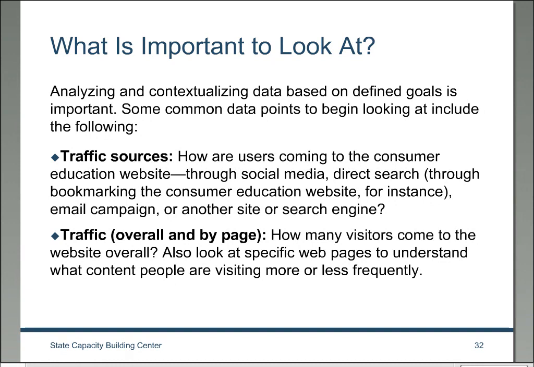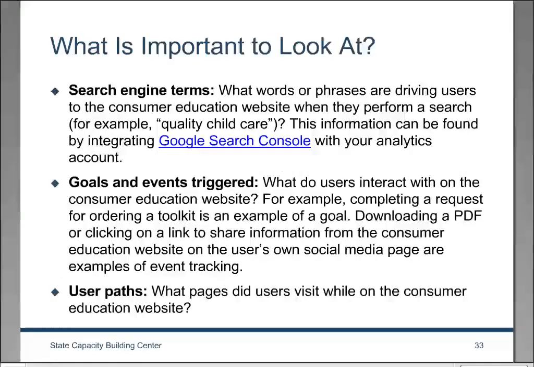So, in a little more detail, traffic sources, we talked, are more like channels. So think of it that way: when you have channels going through, that's what traffic sources are. We talked about traffic overall and by page. You want to really understand what content people digest the most and the least, so make sure that you understand where to drive people to. Josh talked a lot about search engines and terms that people use. Understanding what people type in and what their end result is is very helpful for understanding that connectivity, to make sure their journey works the way it should.